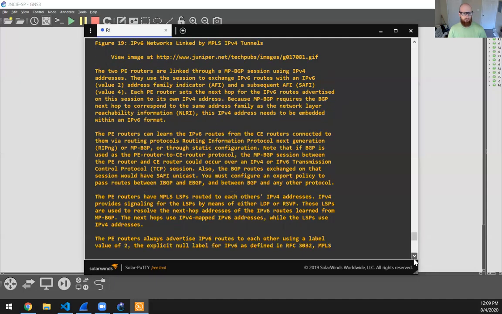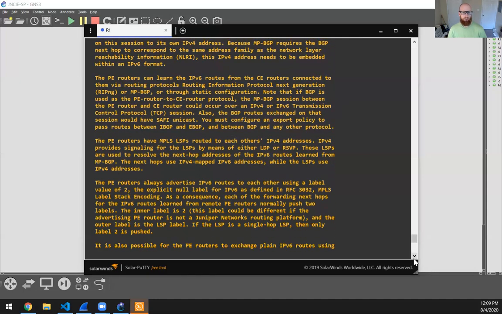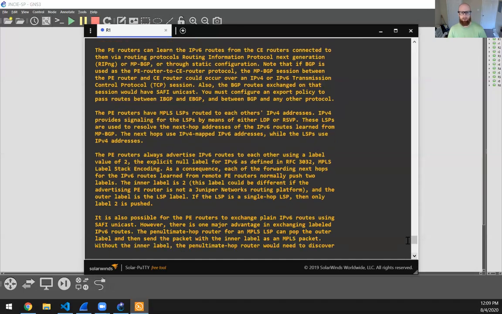The PE routers can learn the IPv6 routes from the CE routers connected to them via routing protocols, Routing Information Protocol Next Generation, RIPng, or MP-BGP, or through static configuration. Note that if BGP is used as the PE router to CE router protocol,